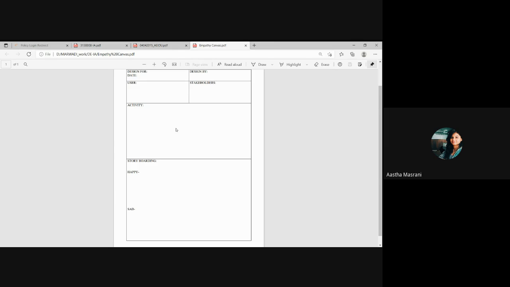I'm on the verge of completing the AEIOU and empathy canvas today itself in this lab, and I'll be signing the logbooks of the students who are present over here. And if you do not have the logbook,